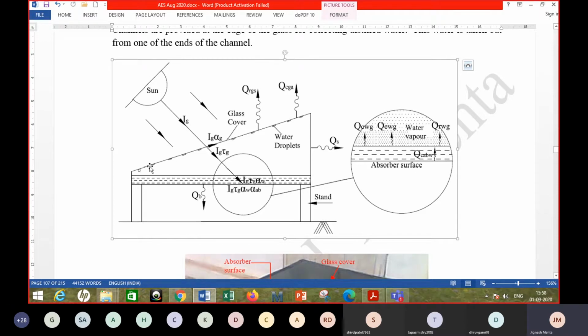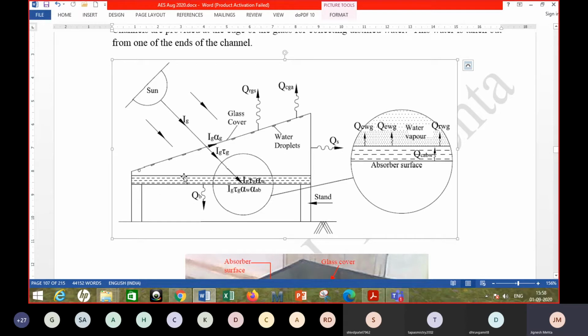Because it gets cooled, it cools the air which is coming in contact with this inner surface, and because of that there is condensation of the moisture from the air, and air also gets sensibly cooled and again starts moving downward, right? So the heat losses from glass are shown here, QRGS. By mode of radiation the glass loses heat to sky, and by mode of convection the glass loses heat to ambient air, right? That is what is shown by these arrows.